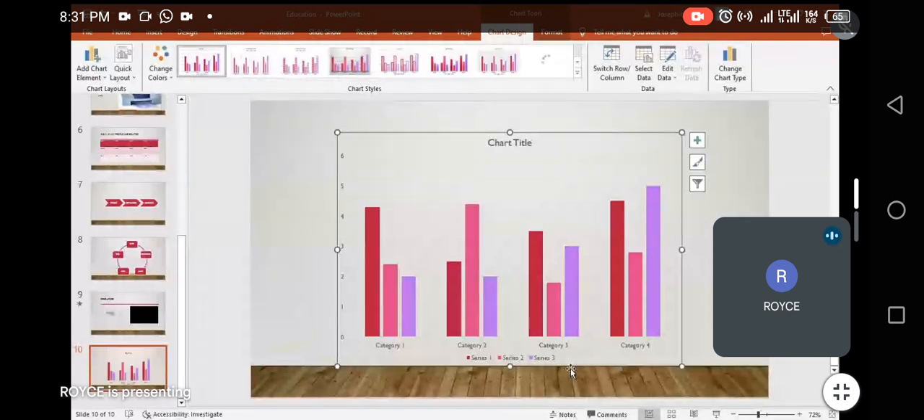The chart comes, but not only does the chart come alone, it also comes with a small Microsoft Excel sheet. That is where I'm going to add the information that is going to show up in this chart. For instance, if you want to change the names of the categories to maybe years, let's say category 1, we want it to be 2001. So we're going to delete and we're going to put